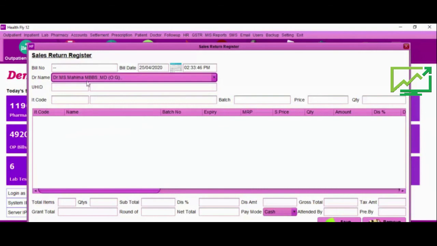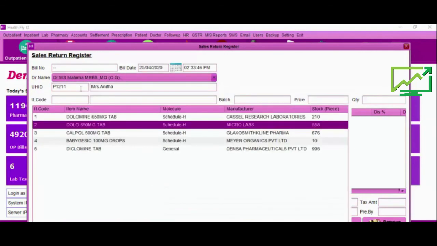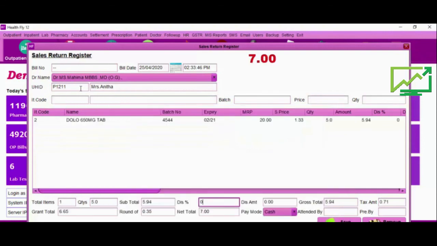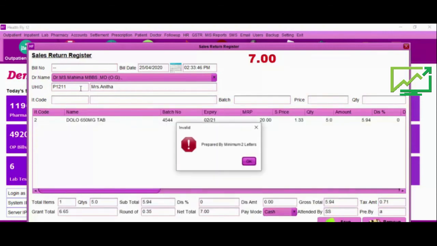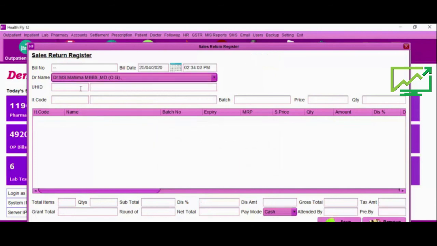Sales return. This is return entry. For example, if patient purchase 10 quantity, out of 10 quantity, if they want to return like 2 or 3 quantity, that you can make in sales in alter using the alter option, or you can make in sales return register.